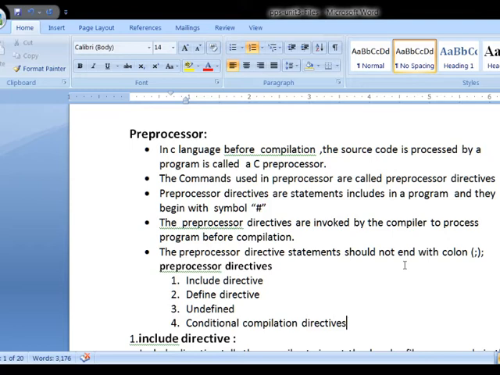Some of the preprocessor directives we are going to learn. The first one is the include directive.